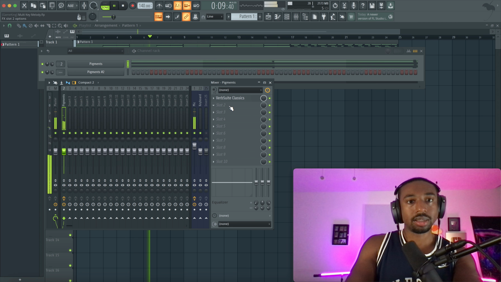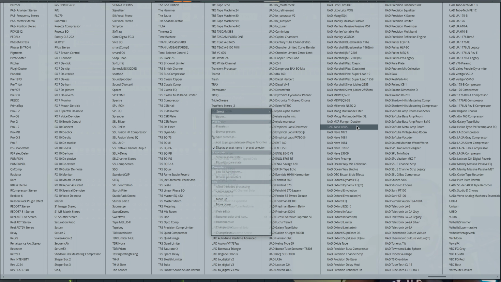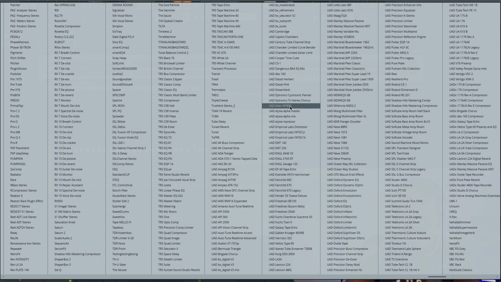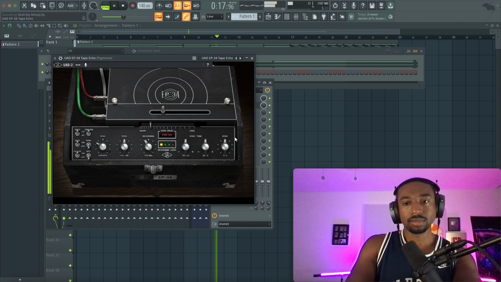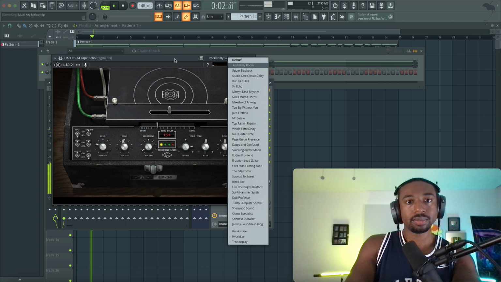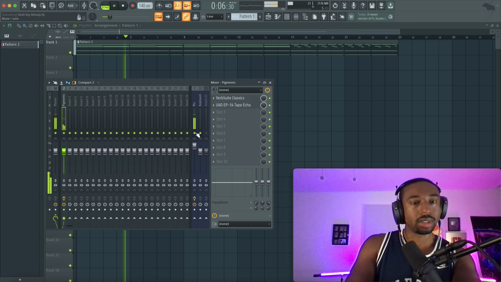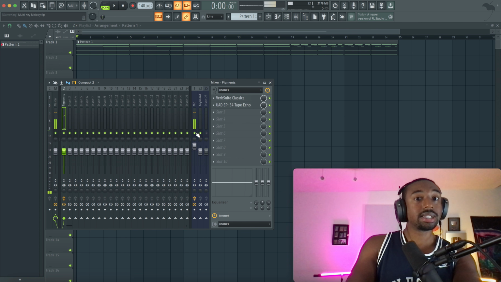Then we can also add, let me add some UAD sauce here. Let's add the EP34. Let's put it on this first preset. All right, so now we're in the sauce. Now again, it changes every single time, so it's never the same performance.